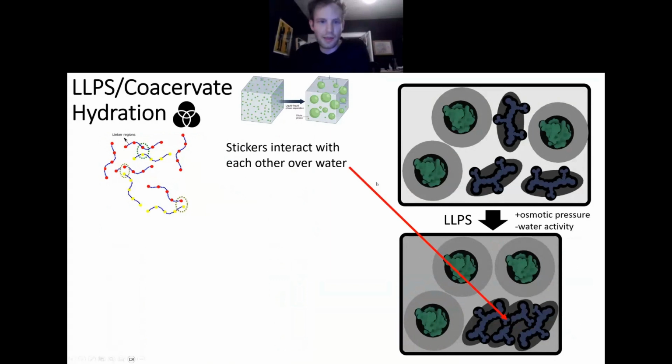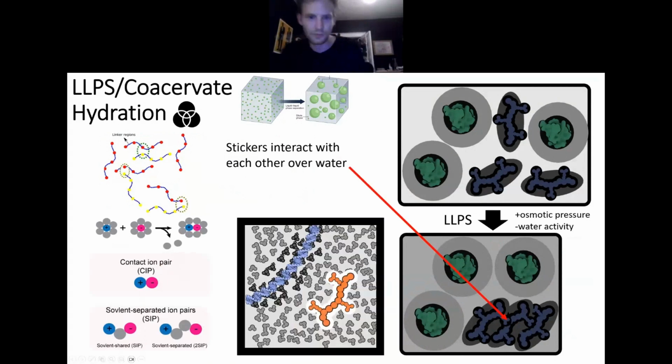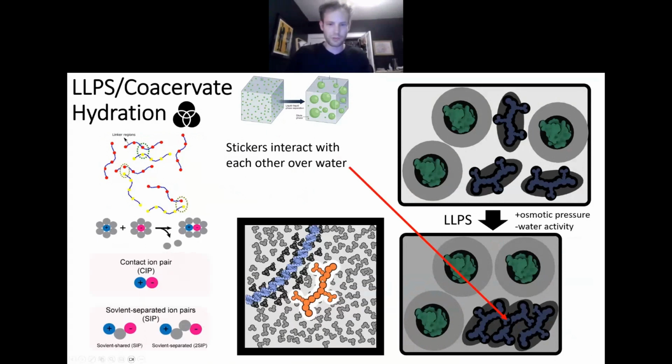stress granule. I'm saying that there's an implicit assumption that these stickers are now sticking with each other. So for the sticker and spacers model, I'm saying that the stickers are now interacting with each other over water in this environment. And that means that this is kind of a contact ion pair, right? This is pushing water out of the way for the stickers to be able to come together. So that would be like arginine associating with RNA or